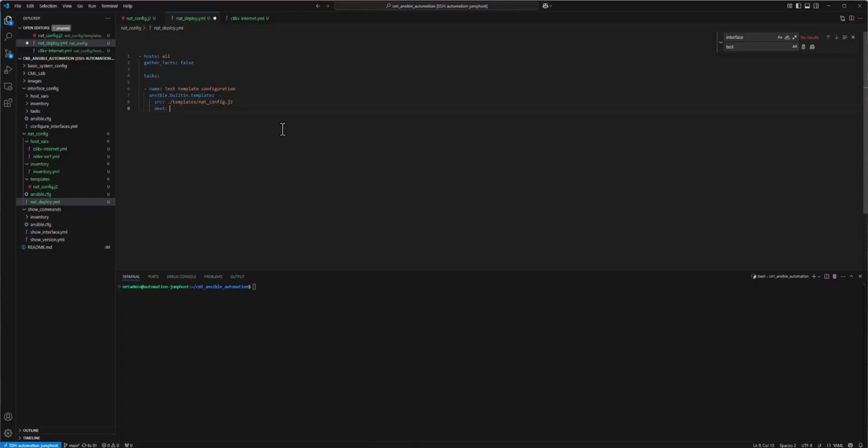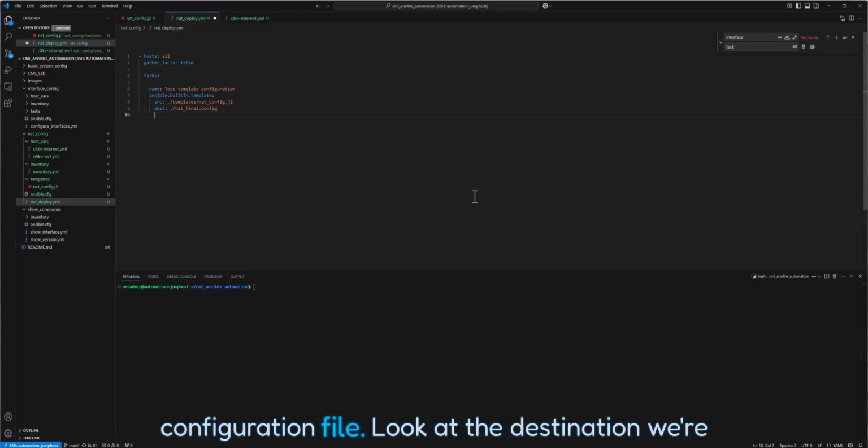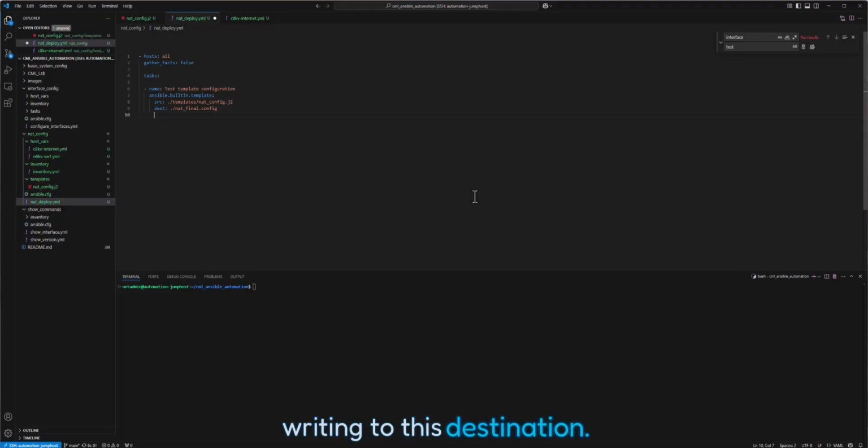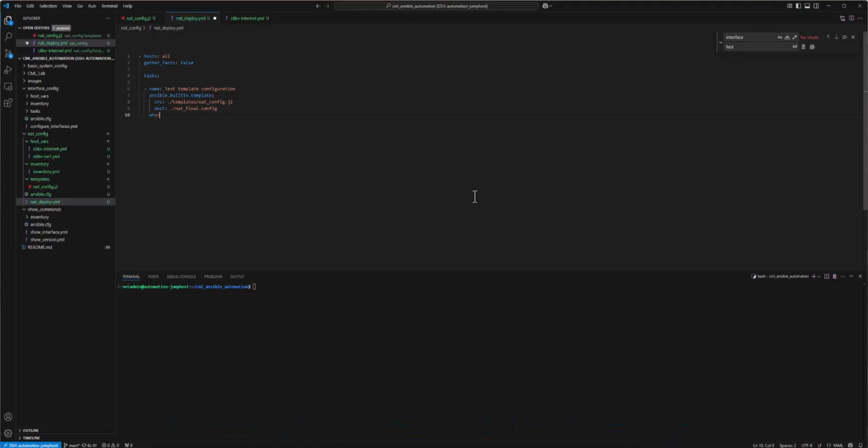Destination, we'll do ./net-final.config. And that's it. All we're doing is saying, read this NAT configuration file, look at the destination, we'll write it to this destination. The only thing we want to do here is say when